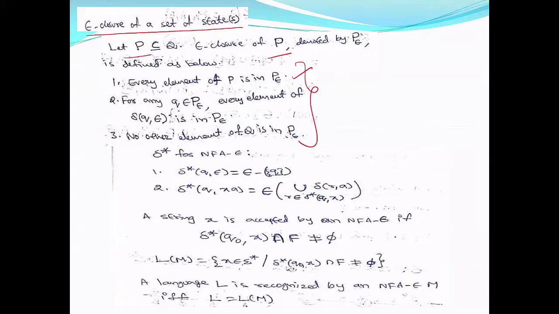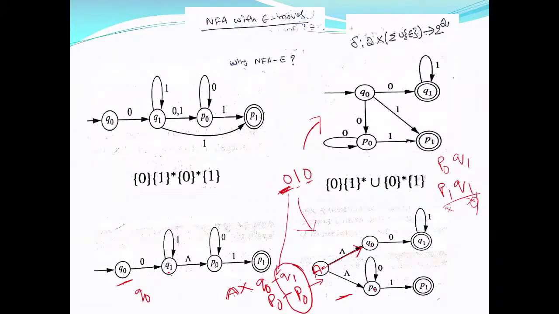Then take the states in PE, and if there is any epsilon transition, then you include every element reached by that epsilon transition into PE, that is the epsilon closure, and you repeat this step 2 repeatedly until you get no more new states. Once you reach the end of new states, you can conclude and say what your epsilon closure is. And that is how I have calculated in the previous stages.